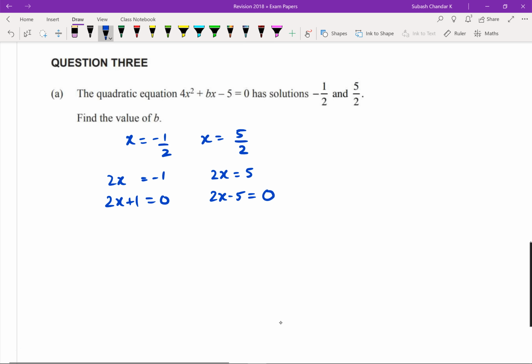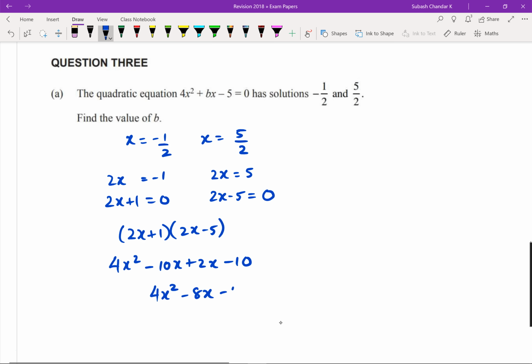From here, I have my two factors, 2x plus 1 and 2x minus 5. I expand the brackets, so I get 4x squared minus 10x plus 2x minus 10. Simplifying this, I get 4x squared minus 8x minus 10. And from here, you can see that the value of b, which is there,